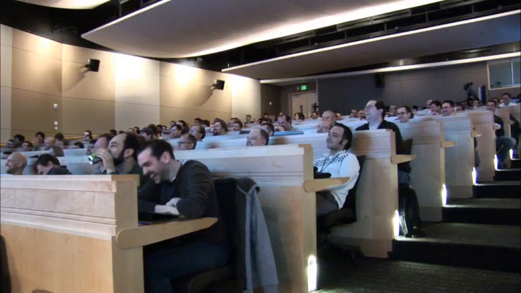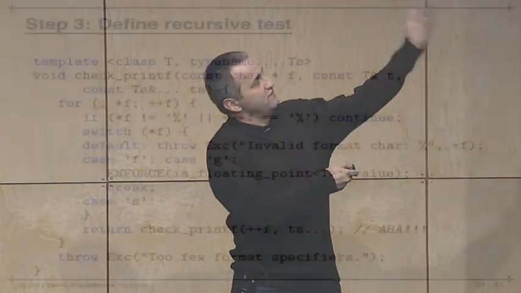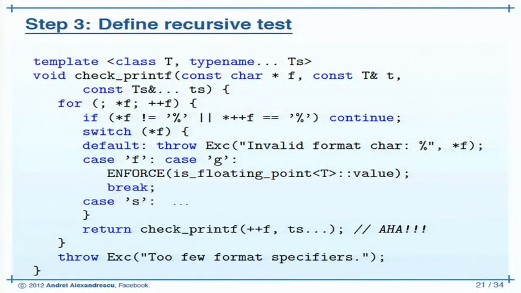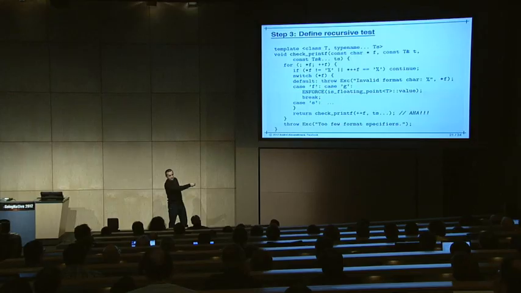All right. So this is my check. Enforce here, it's the payload. Enforce means if it's not, throw, right? And this is the recursive step, when I say, well, let me actually bump past the formatting character. So ++f, I'm done with it. Bump the formatting string, and then pass the tail, right? And with this, I'm done with T, and I continue with Ts and whatever is left from the formatting string,